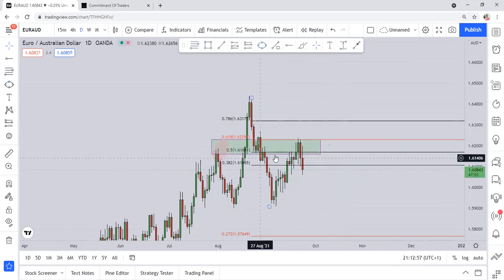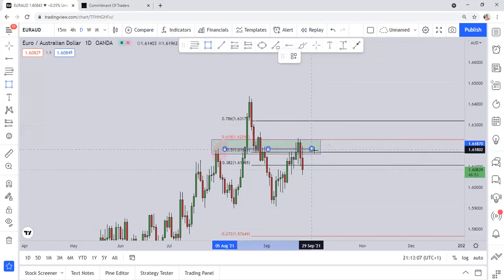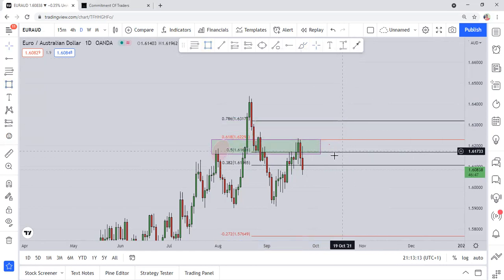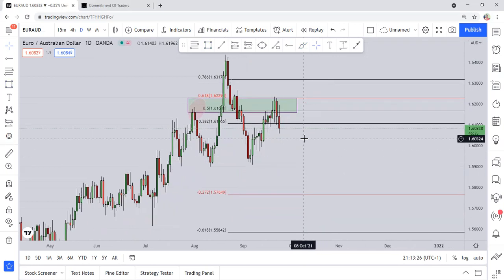As you can see, the Fibonacci ratio levels that align perfectly well are the 0.5 Fibonacci ratio level and the 0.618 Fibonacci ratio level. Okay, that is confluence. We've just met the confluence. You can see the Fibonacci align perfectly well with the structure level. At that point, we can see from this that since the correction has been completed, the market might likely make